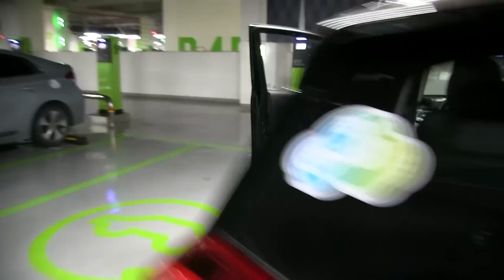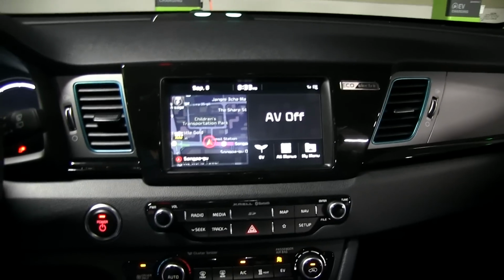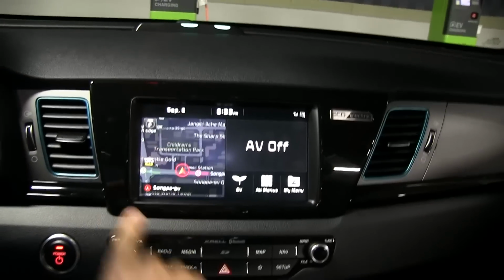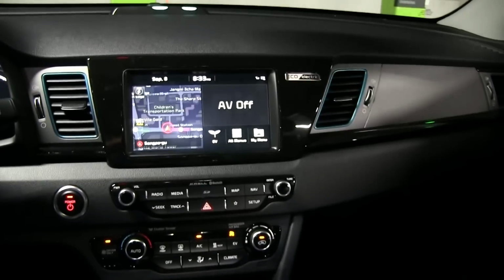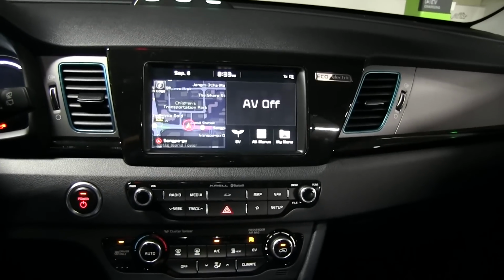Let's go back and forth. Show you Nero. It's like this. It's a more integrated design. You have the screen there. There are no buttons on the side here. The buttons are moved here instead. And then the air vents are just here and here. So which one is better? Hard to tell, but